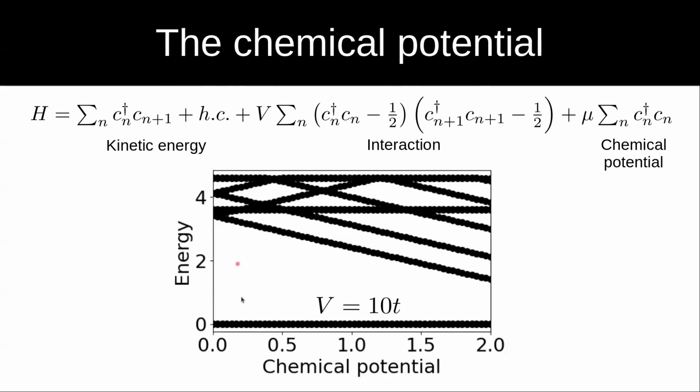And then as you increase the chemical potential, such a gap becomes smaller. So there's an excited state that goes linearly towards the ground state, and then another excited state that goes linearly towards the ground state, and then there's an excited state that gets higher energy as you increase the chemical